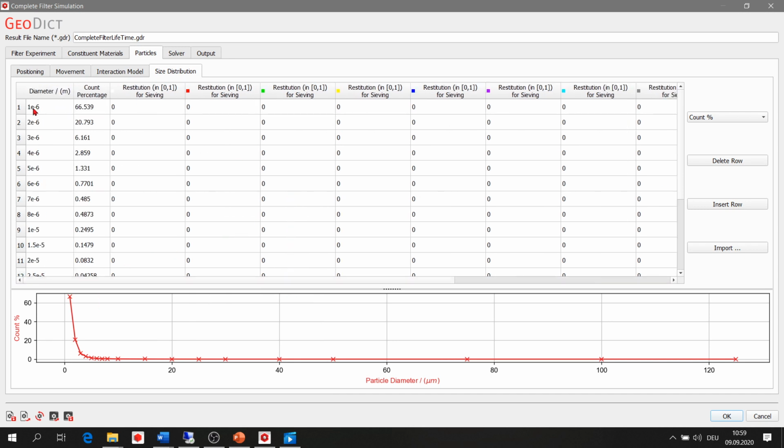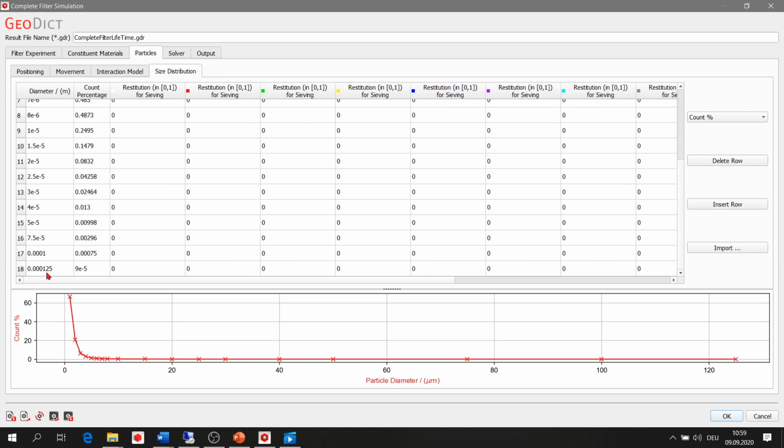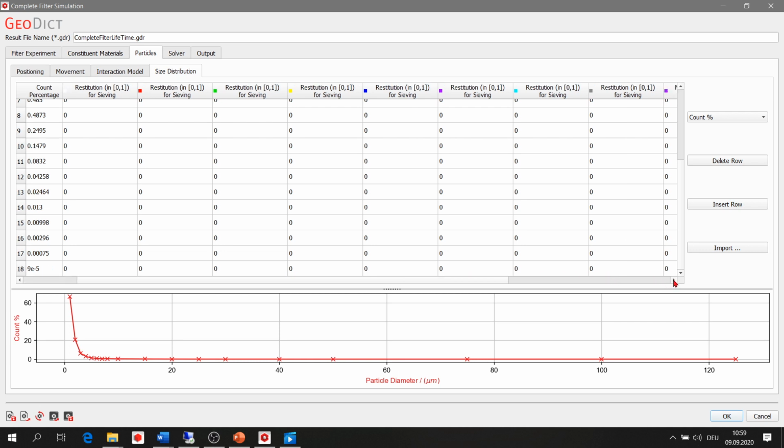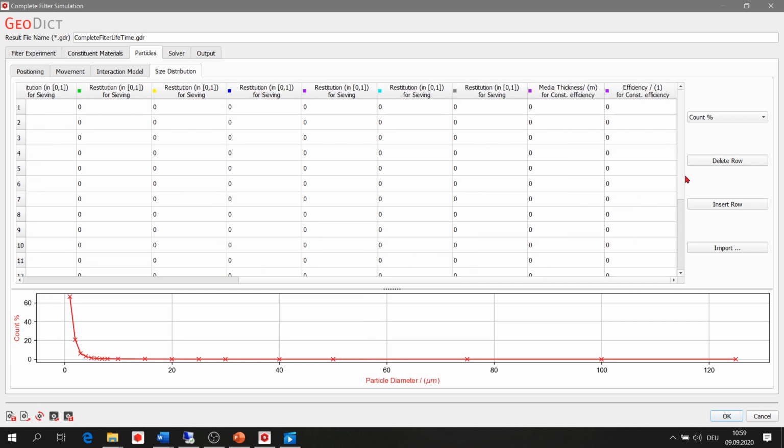So we have particles from 1 micrometer up to about 125 micrometers. And we need these fractional filtration efficiencies, which is information or data that you could already find from a simulation on the microstructure of the media.